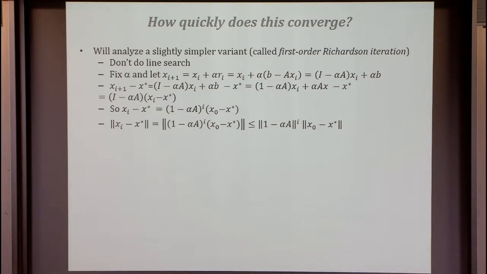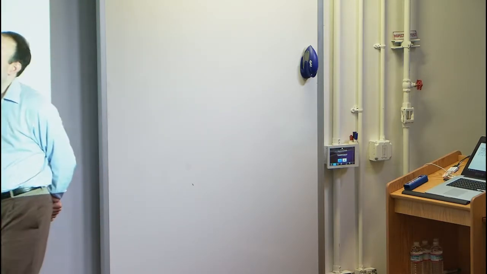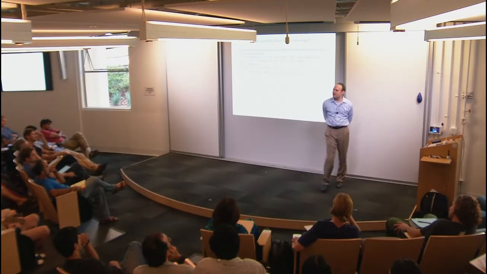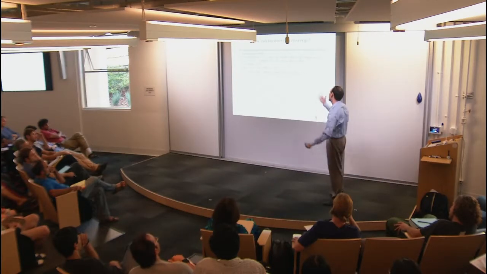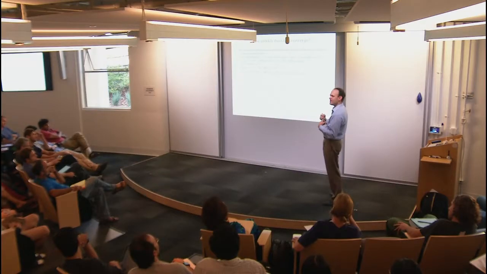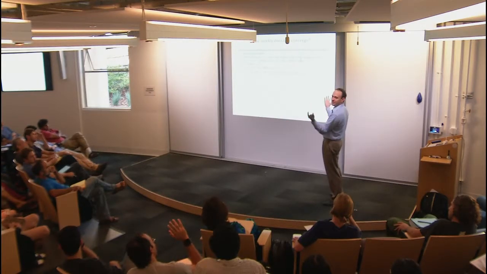So for this one, I put a generic norm sign because it doesn't really matter. Later, when we do things with preconditioning, this will be true in whatever norm you want, because we're just going to show something that's contractive. But starting later in the lecture, the A norm is the right one. So this will be true in whatever norm we're using.